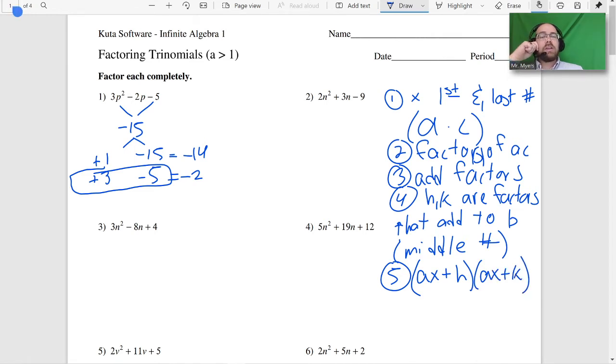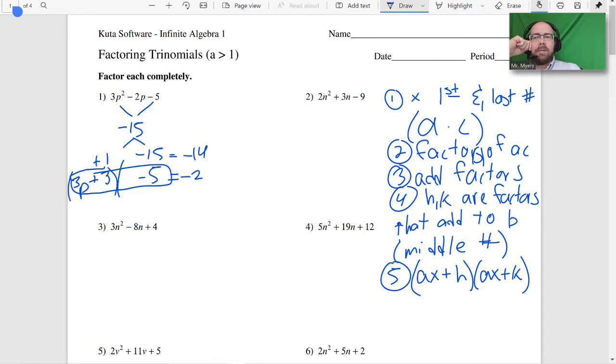So we're going to create two a's, basically, which is the part where the lie comes into play, because if you were to multiply this back out, it would not equal what we have at the beginning yet. But let's go ahead and do that next step. So we put ax, which means the first number and then the x. Well, in this case, it's a p, but same difference. So 3p,